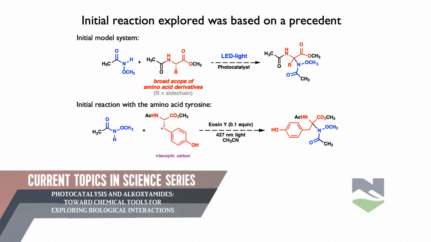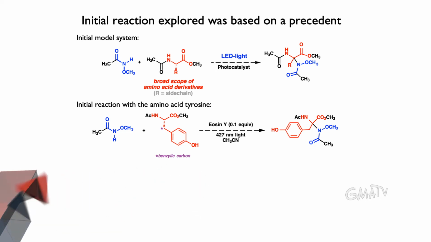I do want to point out that we started with tyrosine for a reason. This purple asterisk here is referred to as a benzylic carbon. This is benzene, which you may have heard about in other contexts as a pretty toxic substance. It's fine in tyrosine.